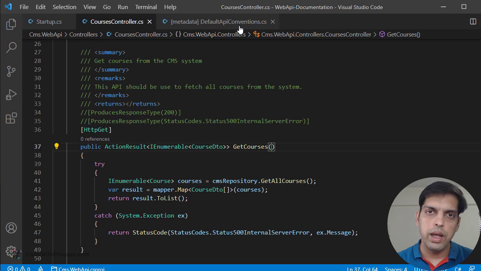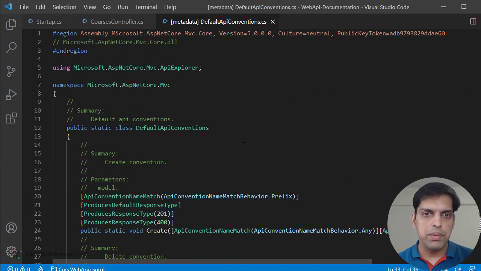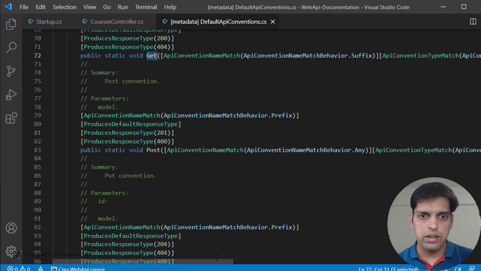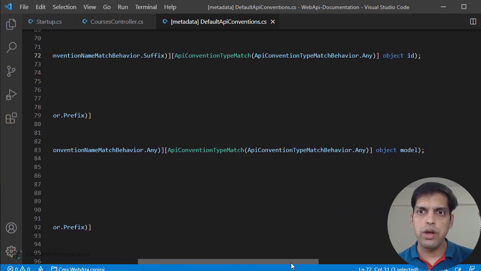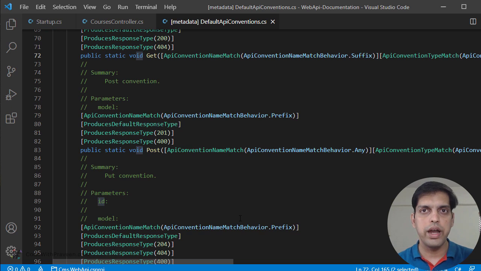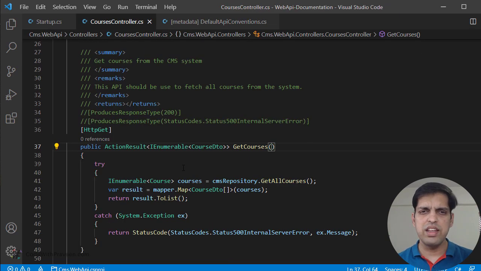If you refer to the API conventions, for the get method, it expects a parameter. So we have this get method defined, and it's going to contain an ID. So it expects an ID. Hence, this specific get is applicable only for those cases that contain an individual ID. For instance, get courses int course ID. That's a good match for this. But we don't have anything defined for this get courses collection.